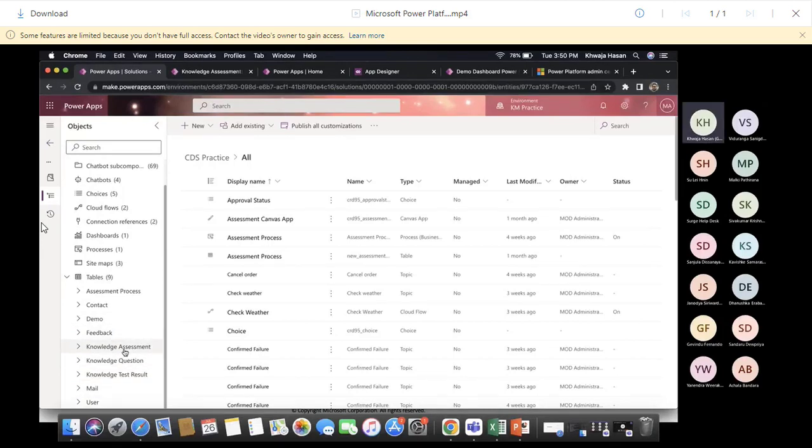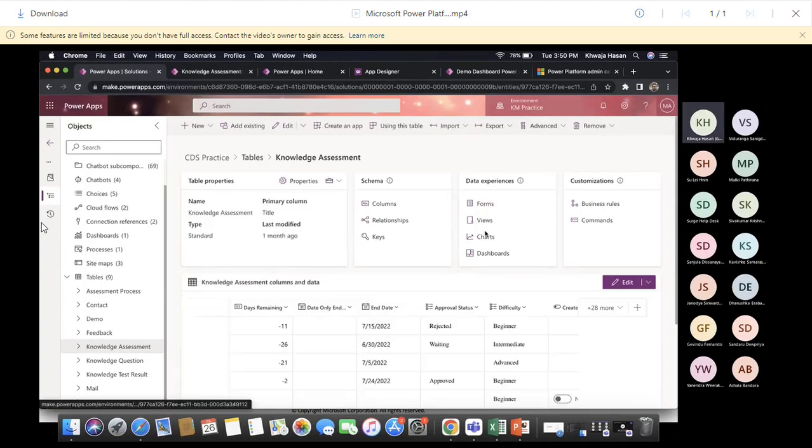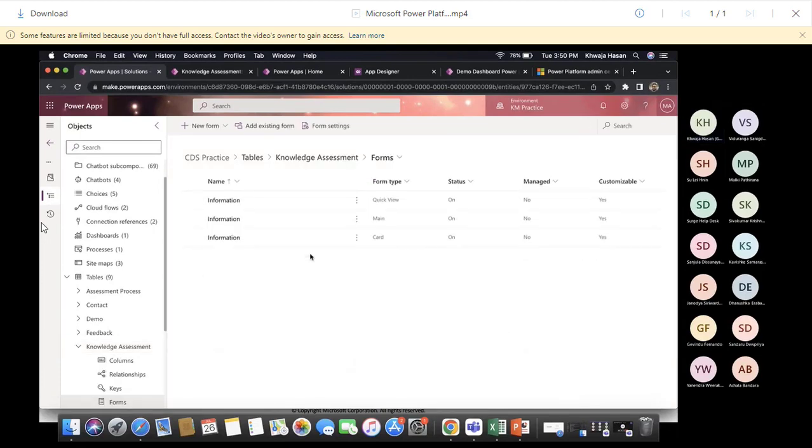knowledge assessment. So these are the data experience, forms, views, chart, dashboard. You can create business rule. You can create commands. Let me go to the form and let me see my main form, how this form would look. So if I click on edit,